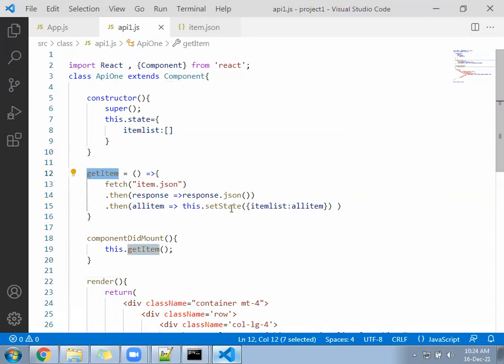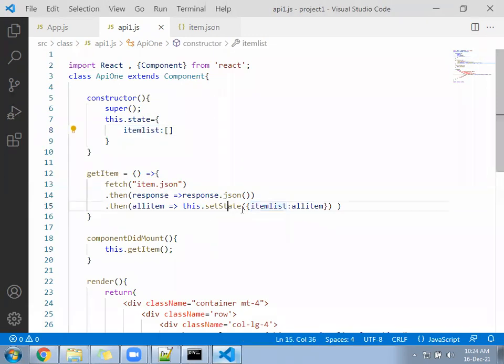Get item will bring the data, convert it into an array, and give it to set state. Under the set state, you are updating the item list. Item list is part of the state. And we have discussed from the beginning, whenever you change the value of the state variable with the help of set state, your render function will be called automatically. In the beginning, the item list variable was 0.